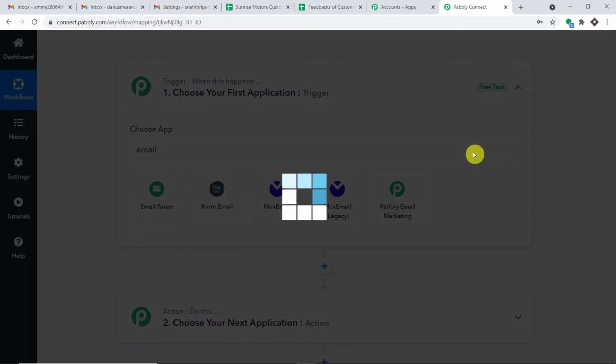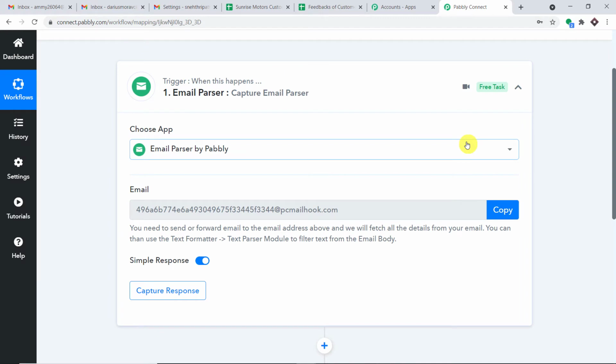So what's the deal with email parser? With the help of email parser, also known as the mail hook, you can parse the emails, extract the values from your emails, and send those values across to any different software that you want. I know you didn't get anything, so to explain you better, I'm just going to create an experiment.